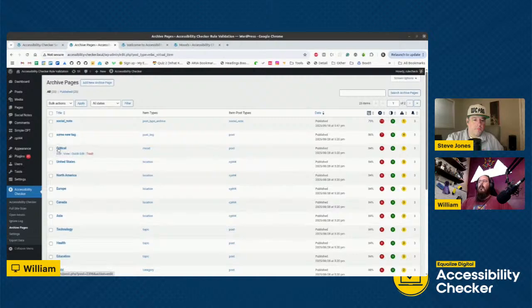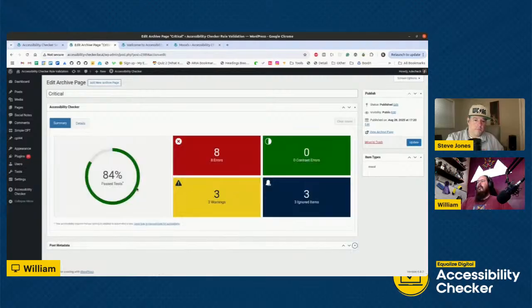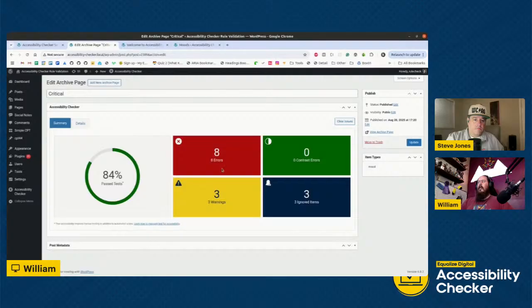So if we just pick any one of these to visit, it looks almost like the post editor. There is no editor here, but we can see our results. So in the details tab, we have our standard list of items or issues that may have been discovered. We have the summary tab that lists the total. So this post has 8 errors, 3 warnings, and 3 ignored items